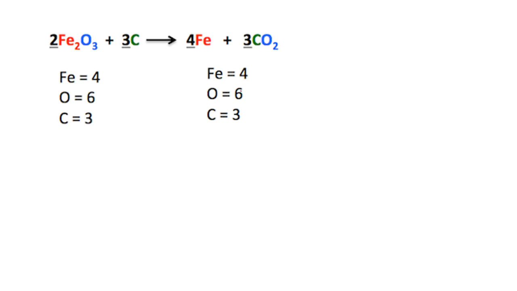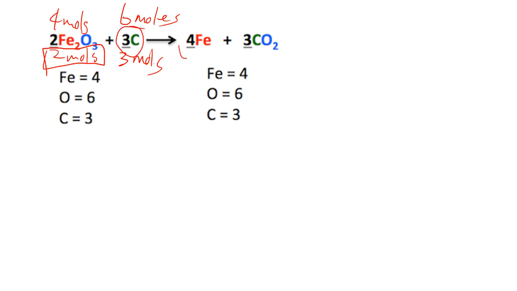What if we had 4 moles? Well, if we have 4 moles, then we just need 6 moles, right? Because when we had 2 moles, we needed 3 moles of carbon. And this is basically the basis of stoichiometry. It asks, I have this many moles, and remember, it's always in moles, and it wants you to know how much of this do you need, and how much of this will you